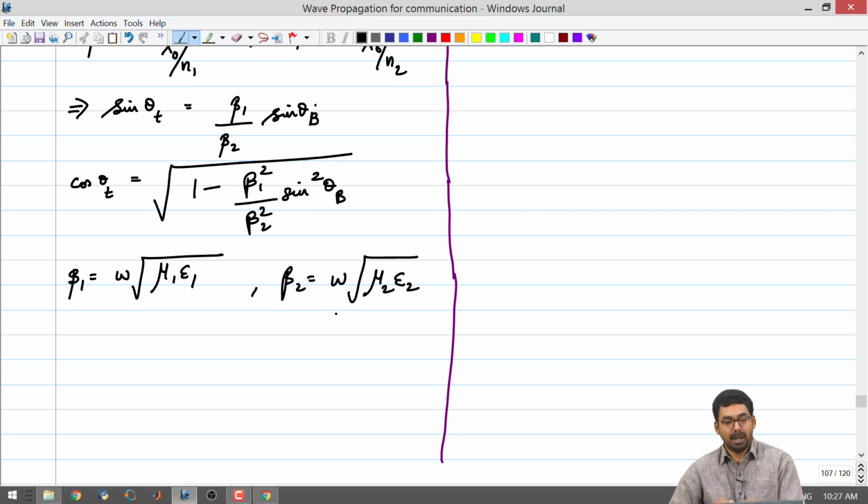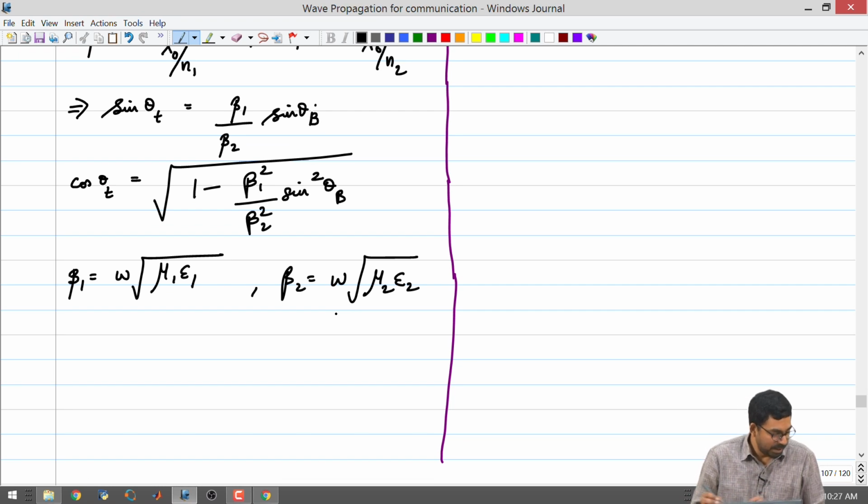Beta, however, has an expression which is omega square root mu 1 epsilon 1. It has the effect of the vacuum permittivity and your relative permittivity, vacuum permeability and relative permeability. So, chances of making mistakes while doing some calculations are a little lower, is what I observed. Right. So, once you have something absolute like this, then there are some other inferences that one can start drawing.